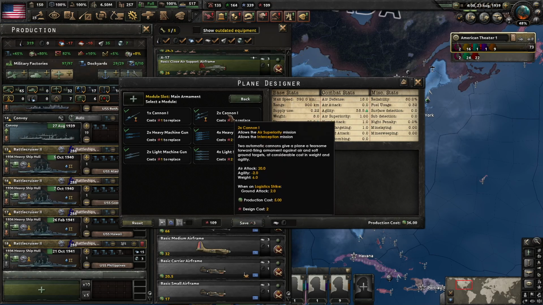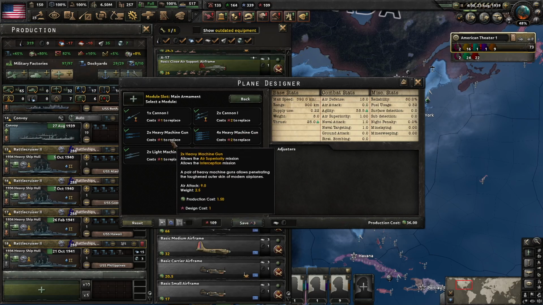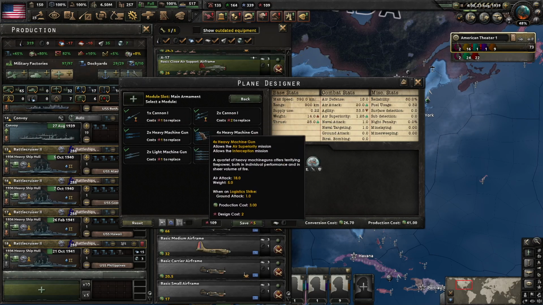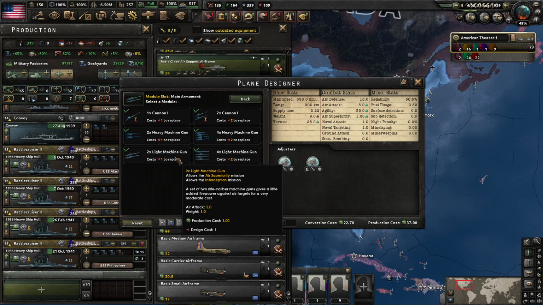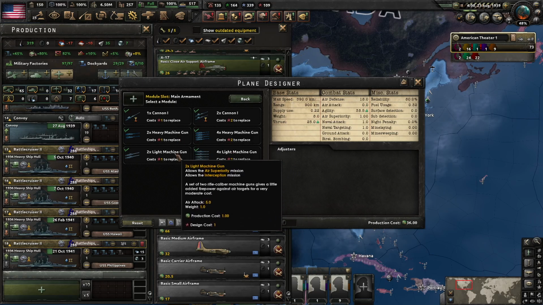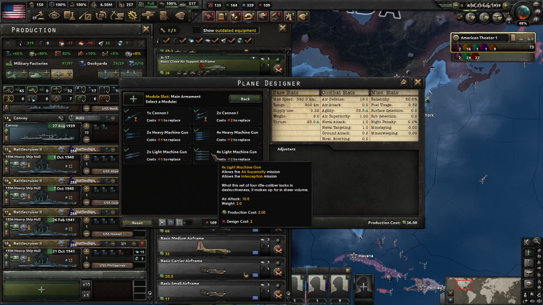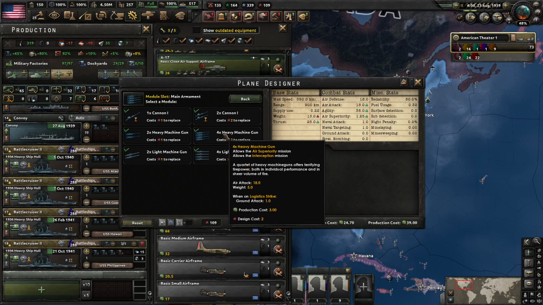So let's see. I do have access to cannons too. So the basic types of fighter weapons we've got are light machine guns, heavy machine guns, and cannons. Light machine guns provide basically the highest ratio of air attack to weight possible. So you'll notice here, if we do 4 light machine guns, that's 10 air attack and 2 weight. Whereas if we do heavy machine guns, that's 18 air attack to 5 weight. So that's a significantly lower ratio than the light machine guns, but you get more overall air attack out of